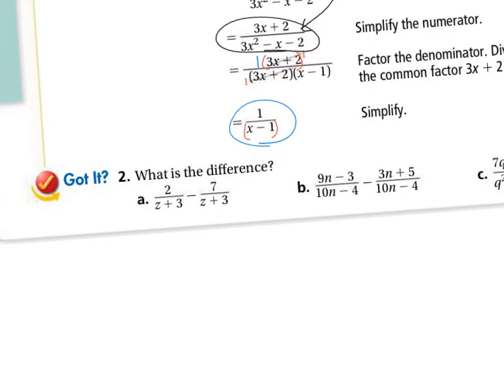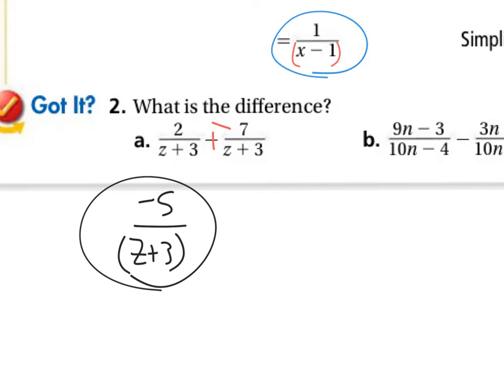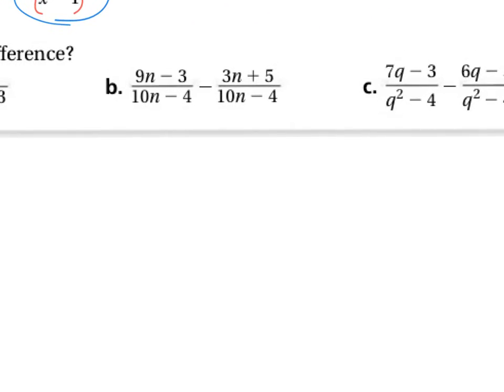If we look at Got It 2a, it's pretty straightforward. We would just be adding the opposite. That'd be negative 5 over z plus 3. That's all there is to that one. If you look at part B,